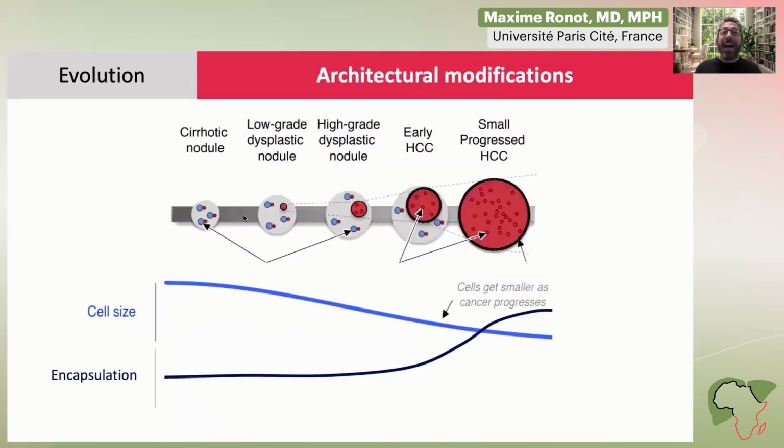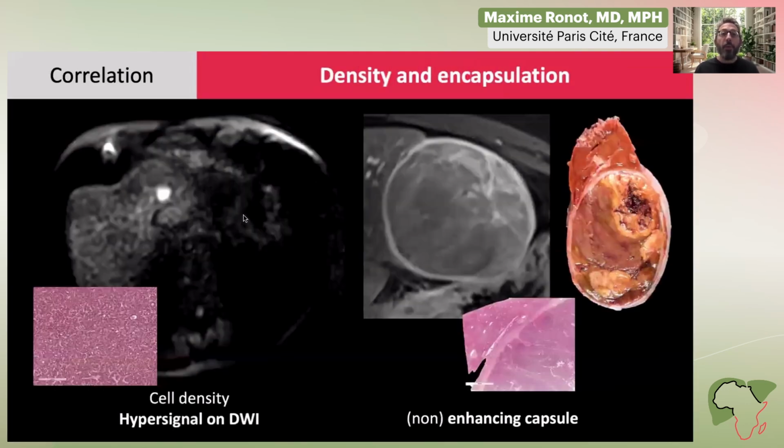Another change is the architectural modifications with the progressive decrease in the size of the tumor cells, so the cell density will increase, and as a reaction, the surrounding liver will try to encapsulate the nodule, the tumor, and it leads to the progressive appearance of a capsule. And again, this is something we can see. Cellular density can be captured with diffusion weighted imaging, and the capsule is very well depicted,